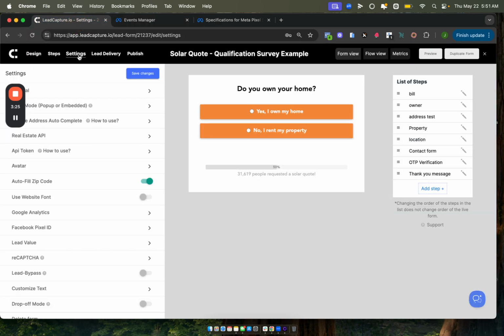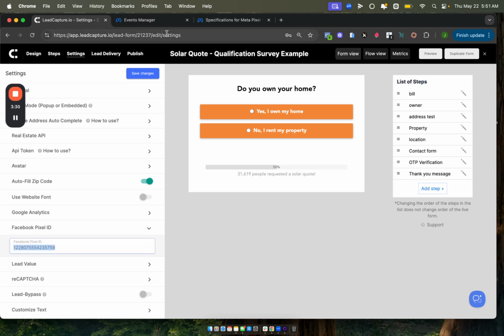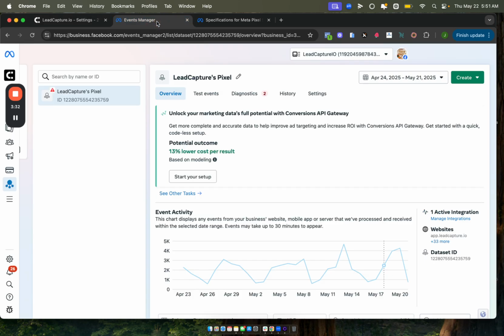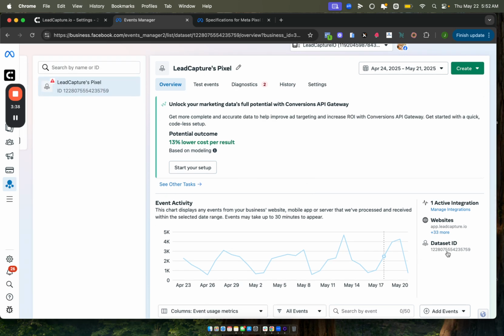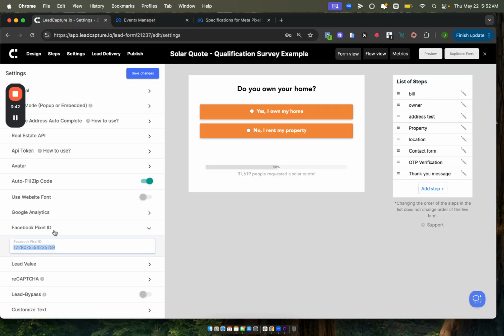So first, go to Settings, Facebook Pixel, and you're going to need to add your Facebook Pixel. Now to get your pixel, you'll go into Facebook. I'm in this section here, Events Manager. Here's my pixel. And then you just grab it from Data Set ID, copy that, paste it in, click Save. So that's step one. And then step two, there's really only two steps, is to add the event to whatever button will trigger